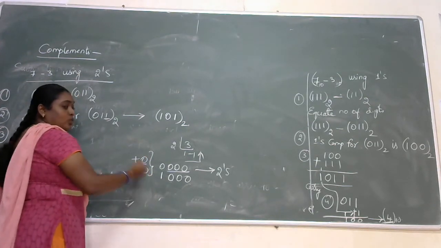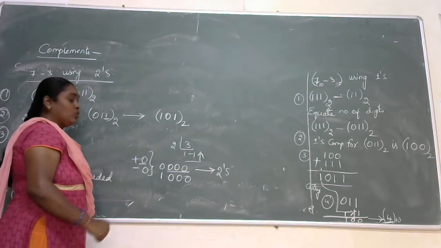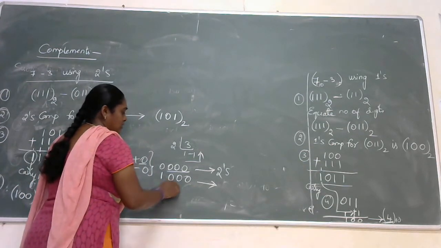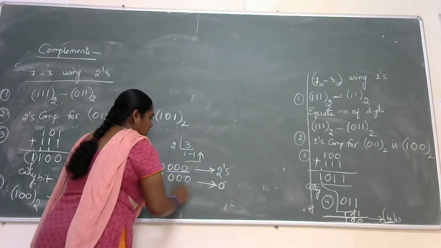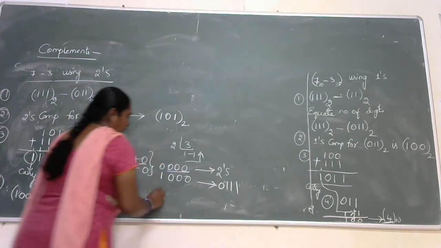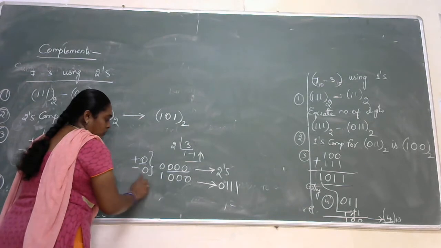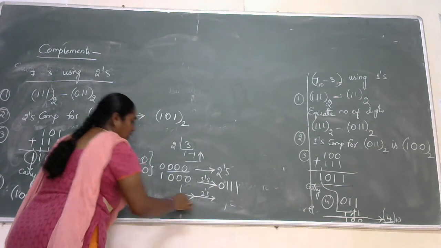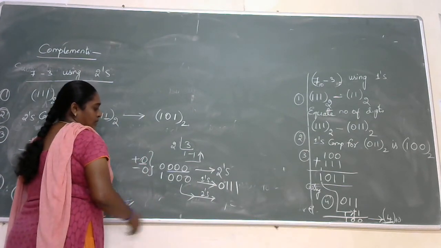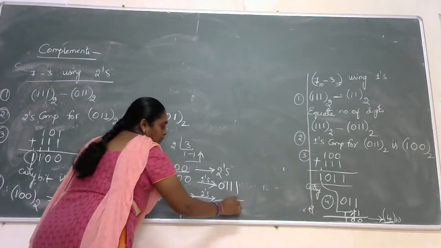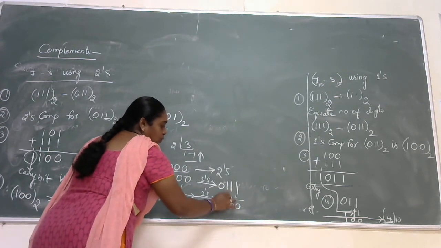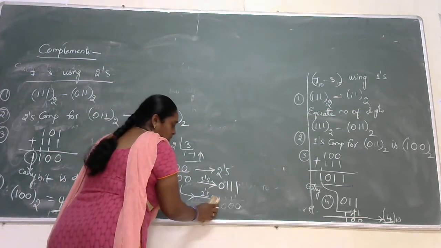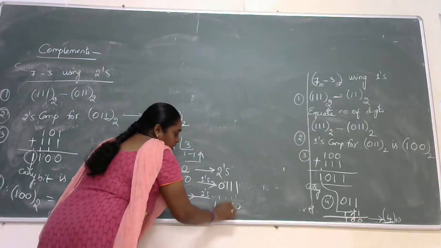One is sign magnitude, second is 1's complement, and the third is 2's complement. Here the 1's complement is nothing but just replacing 1 with 0 and 0 with 1. So the equivalent which I get is 0111. And for the negative number, if you are performing a 2's complement, wherever we have the first MSB bit, it is 1's complement plus 1. So 1 plus 1 is 0 with carry 1, 1 plus 1 is 0 with carry 1, 1 plus 1 is 0 with carry 1. Whenever we perform it this way, we get 1 followed by 000,